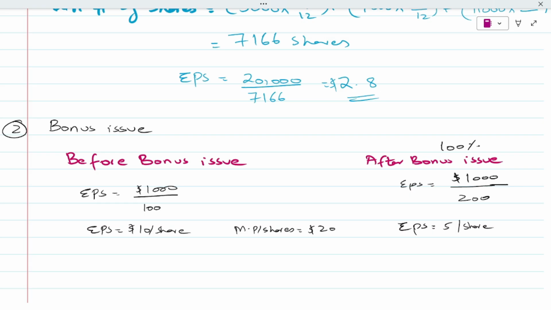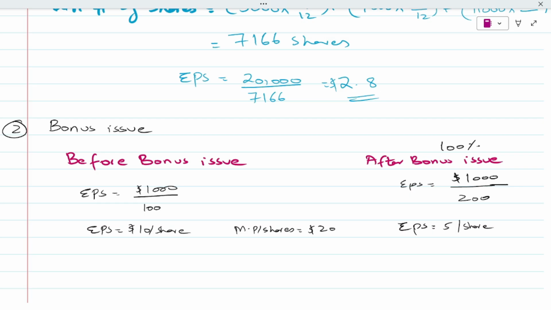So if it's more, it's going to attract more investors and thus your market value would increase, right? But because of the bonus issue, the earnings per share is reducing, as you can see in this example, given the fact that the earnings remain constant. Then shouldn't that be a bad sign for the investor? So yes, you might be thinking it's a bad sign for the investor, but let me tell you this,